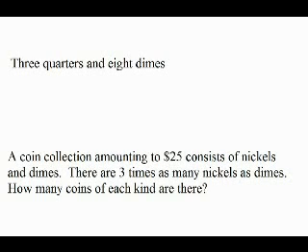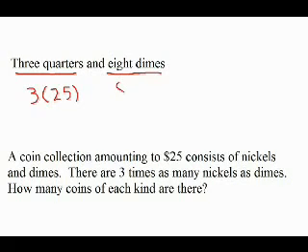Before we talk about word problems involving coins, let's talk a little bit about how we calculate how much money we have based on the number of coins we have. So, for example, here I've written just a sentence where suppose we had 3 quarters and 8 dimes. If I wanted to calculate how much money that was, what we would have to do is multiply 3, or the number of quarters, times 25 cents, because a quarter is 25 cents. And to calculate how much money we have in dimes, I'd have to multiply 8 times 10, because a dime